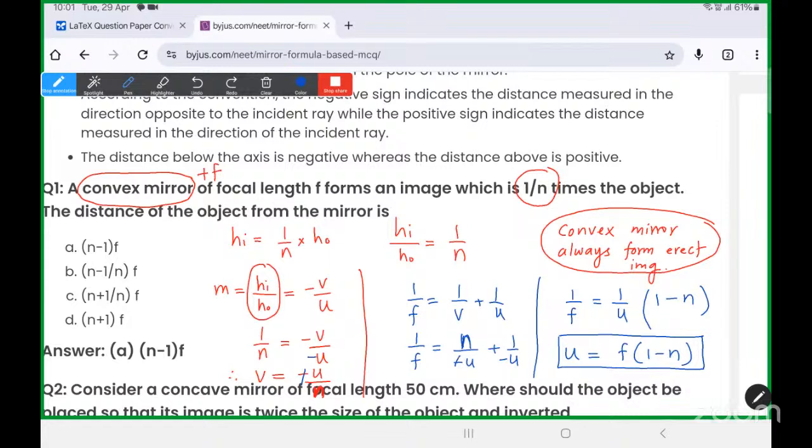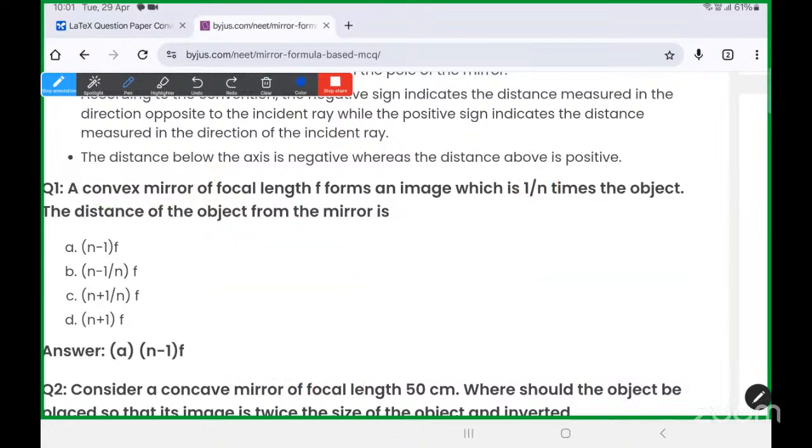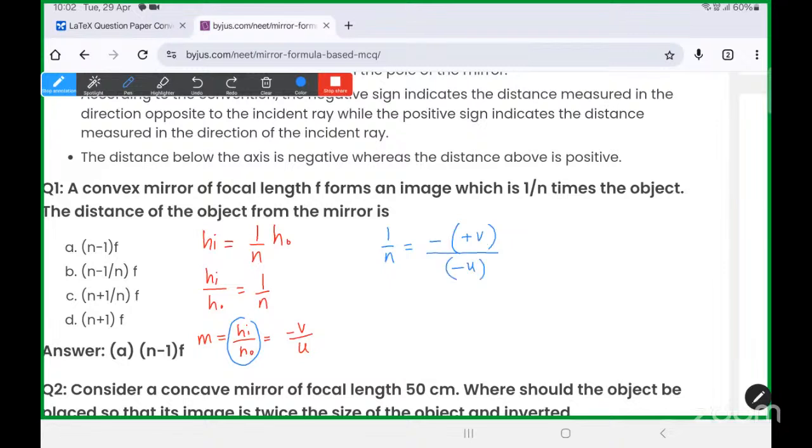तो फिर 1 - n, देखो फिर से करके बताता हूँ मैं। सबसे पहले मैंने क्या किया, hi = 1/n times ho लिख दिया। तो यहां से hi/ho आ गया 1/n। अभी लीनियर मैग्निफिकेशन का फॉर्मूला hi/ho भी है और -v/u भी है, लेकिन ऑब्जेक्ट को हम लोग नेगेटिव लेंगे। ऑब्जेक्ट डिस्टेंस नेगेटिव होता है, इमेज डिस्टेंस पॉजिटिव होगा, क्योंकि इरेक्ट इमेज बन रही है। इरेक्ट इमेज हमेशा वर्चुअल होती है। तो hi/ho की वैल्यू मैं 1/n पुट करता हूँ, और माइनस एज इट इज, इमेज डिस्टेंस पॉजिटिव होगा और ऑब्जेक्ट डिस्टेंस नेगेटिव होगा। तो आप देख सकते हो ये नेगेटिव नेगेटिव कैंसिल हो जाएगा बेटा। v = u/n वैल्यू आ गई।